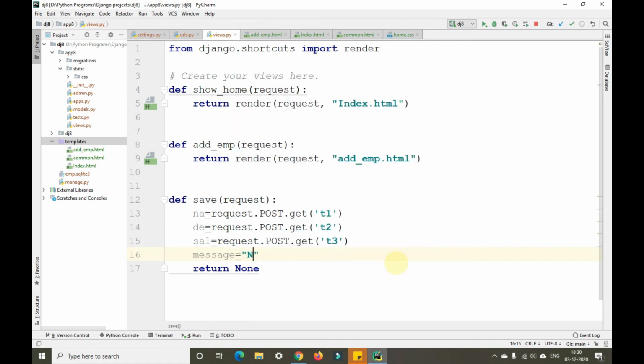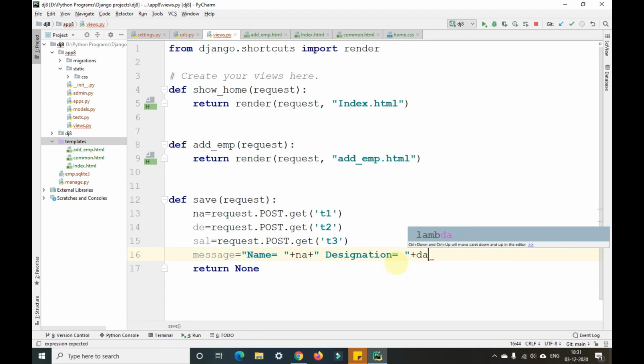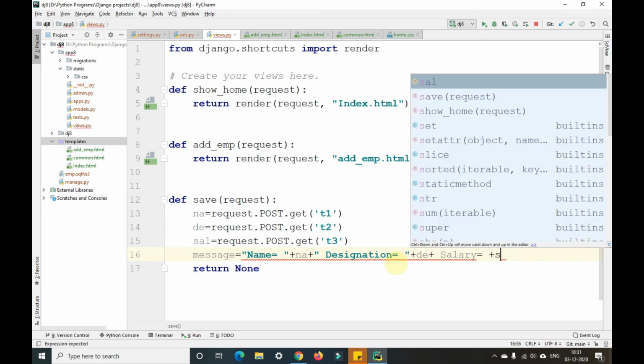We'll show name equals to plus NA plus double quote space designation equals to space plus DE and plus space salary equals to space plus SAL.